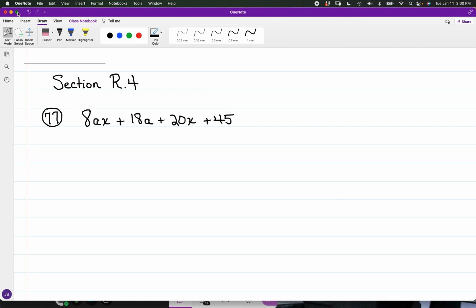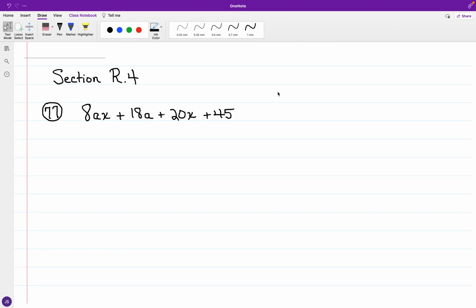All right, good afternoon. Just picking up where we left off, we just looked at some of the basics with the FOIL method as well as working with factoring, and just kind of picking up in section R4. I had given just a list of problems to be looking into. And in the case of number 77 from section R4,